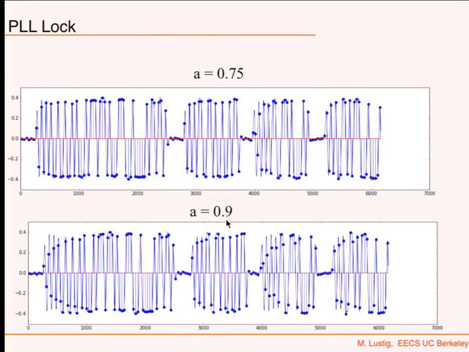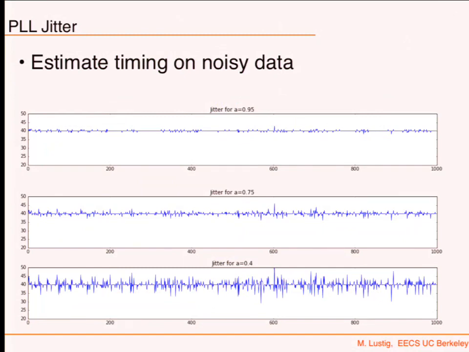Now, what's the trade-off? The trade-off, of course, is time to lock and the jitter. If A is 0.95, then my sampling rate is always going to be around 40, maybe plus or minus 1. I'm going to be really good, I have a good clock, I'm sampling at the right rate. But it will take time to lock. For 0.75, it starts jittering a little bit because of the signal that comes in, if it's noisy. And for 0.4, it's really going to just do whatever the signal almost tells it, so it's going to really jitter with noise. So it's really a balance. What we're going to pick is something like that. Okay?